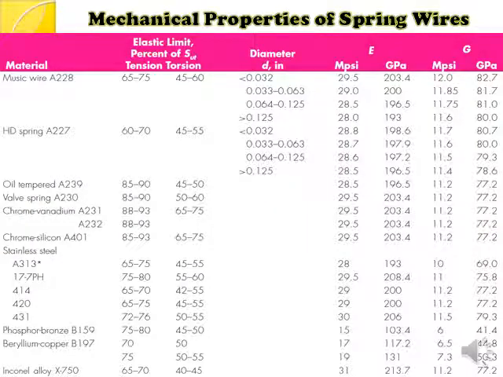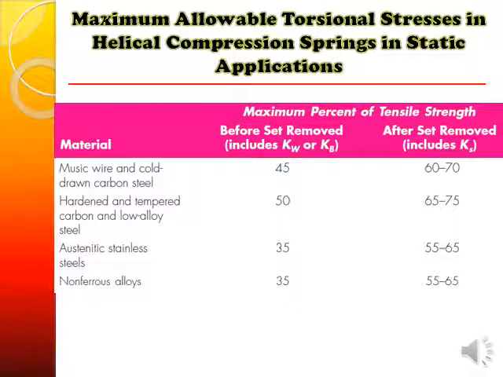This is table 10.5. So here what is given? It just gives you the maximum allowable torsional stress. In what type of spring? Helical compression spring. What kind of load? In static applications. So if your material is a music wire